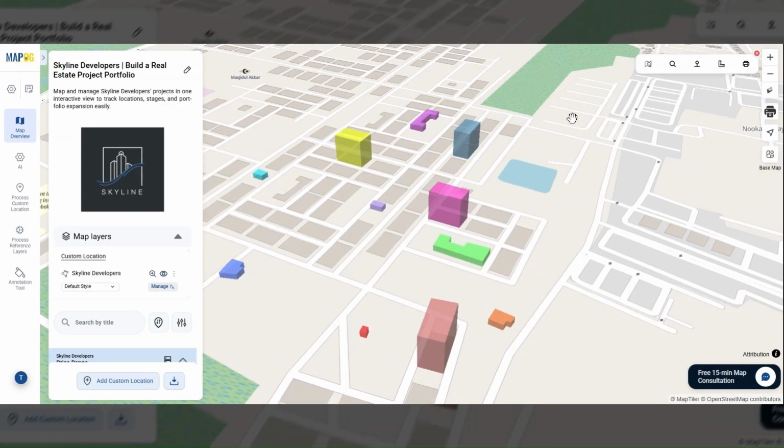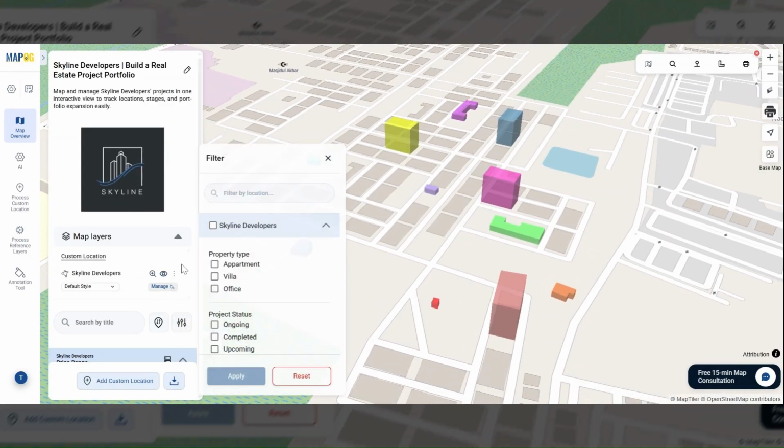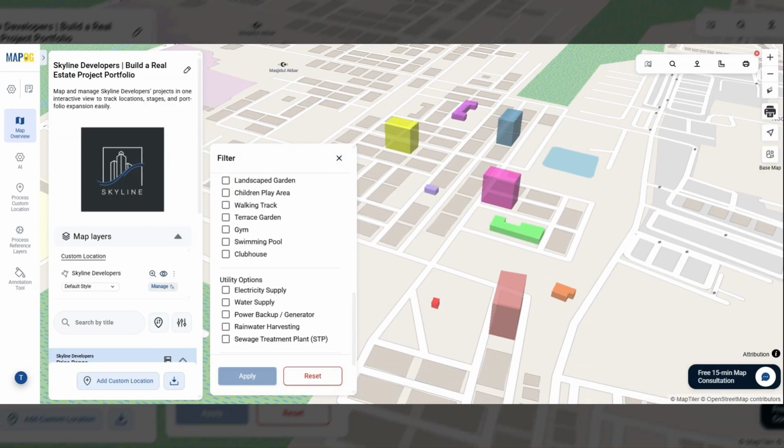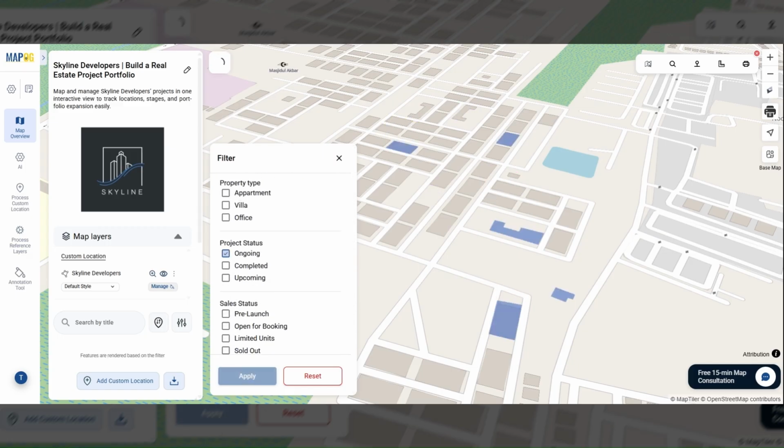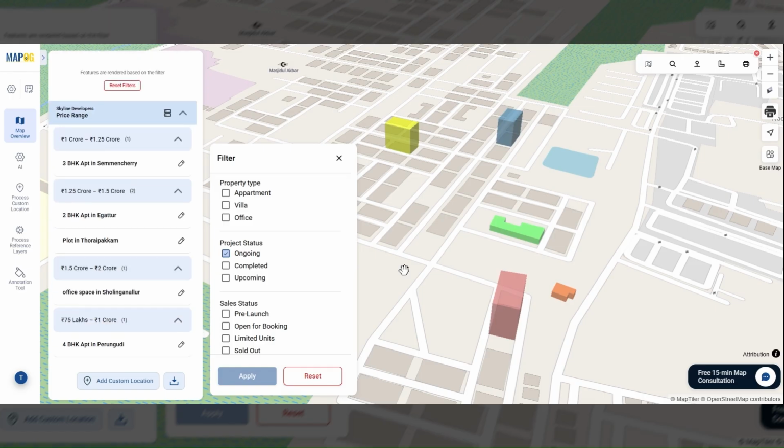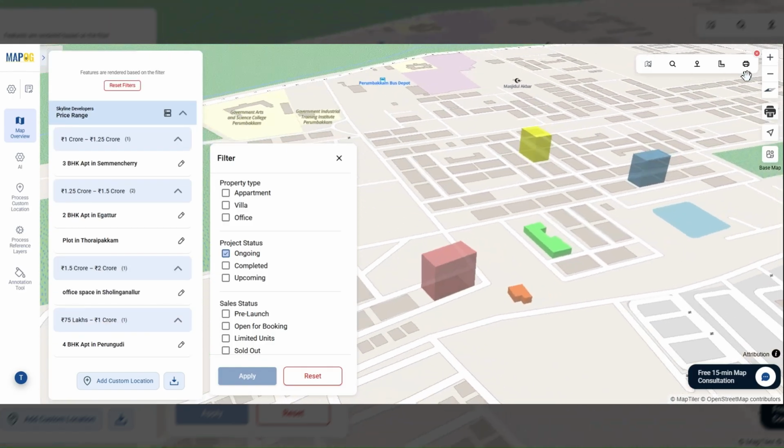across the map. To narrow down property results, use the Filters option based on attributes like project stage, property type, or price range. Select and apply the required filter fields so users can refine the map results and quickly find